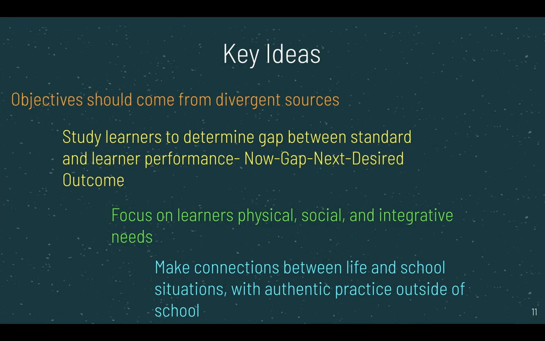So based on that, he thought that objectives came from divergent sources. There was not one belief system. So from the field of progressive, where it's about experiential, or essentialist, where it was more related to standard ways of being, to those who were curriculum experts, combining those ideas together and what it is